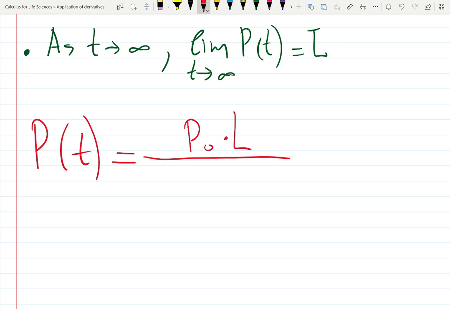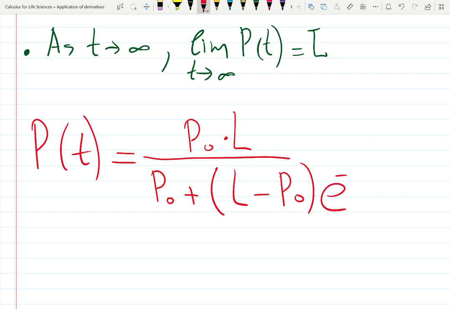So P sub 0 and the carrying capacity over, so that's going to be a quotient, P sub 0 plus L minus P sub 0. What is the difference between the top and the bottom? The bottom was P sub 0. Multiplied by e to the minus kt. As I told you, either k is negative or people put a negative in front. So that will regulate the